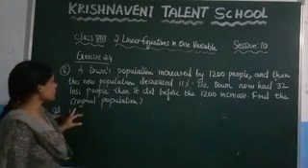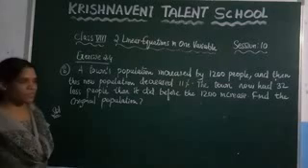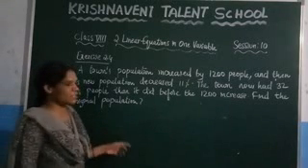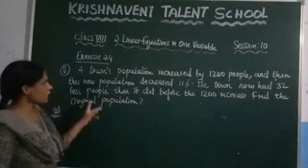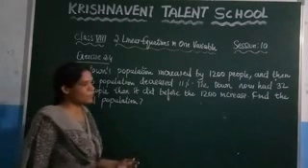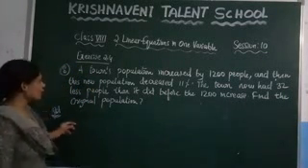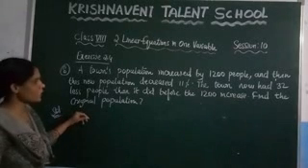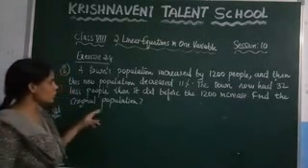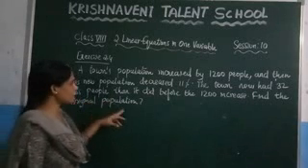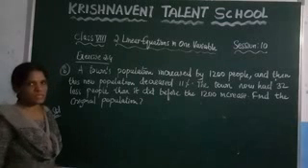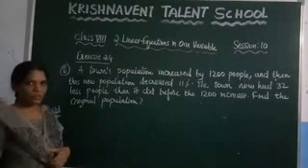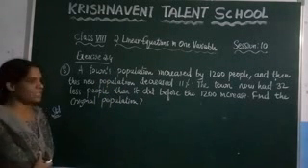In the last session we discussed exercise 2.4 up to question 7. Now see the 8th question, which is the last question in this exercise. What it states here: a town's population is increased by 1200 people and then this new population is decreased by 11%. The town now had 32 less people than it did before the 1200 increase. Find the original population. Based on this one, you need to make a linear equation here.